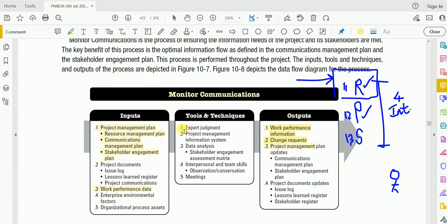Okay, and then we have expert judgment, stakeholder engagement matrix. Actually, listen, this concept will be learned when we come to our last chapter, the 13th chapter, stakeholder engagement. How do we, each stakeholder,